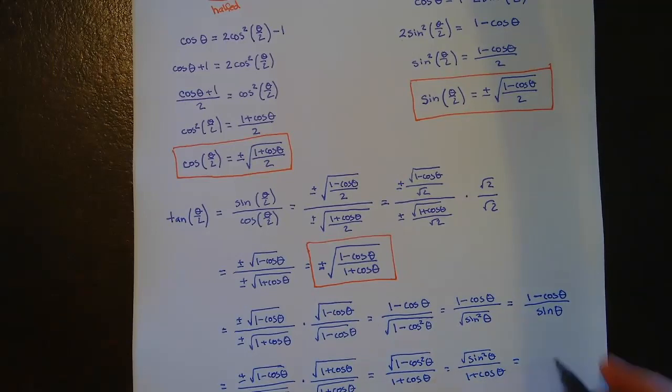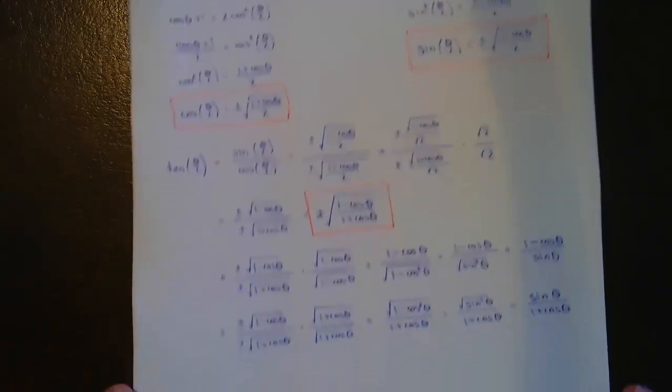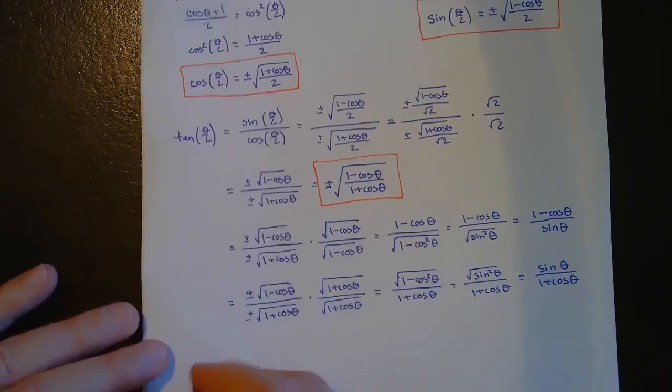All right, and then that's going to give you sine theta over 1 plus cosine theta. And I'm going to tell you it doesn't matter the sign. The sign will be taken care of in this identity. This identity always has the same sign as whatever tan theta over 2 is. All right, so for tan theta over 2,